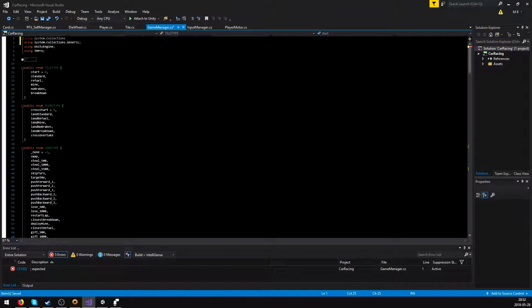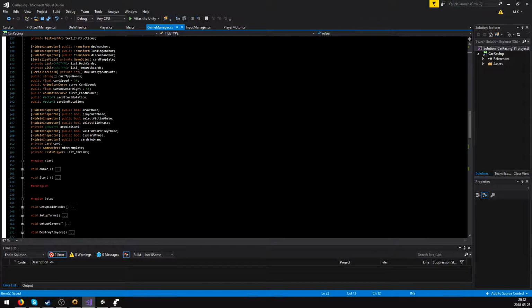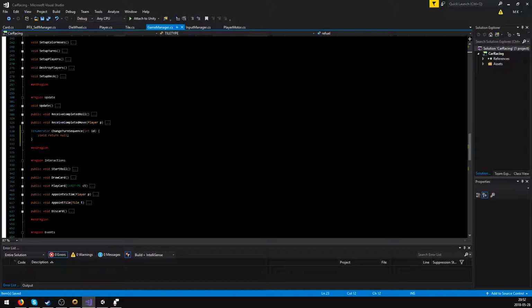Semicolon. And now we're fine. Because we'd removed that library and IEnumerator needs that code. It's strange that it gave us such an error that I couldn't understand. But I think it may have to do with IEnumerator being overridden by other things. I don't know. Anyway,